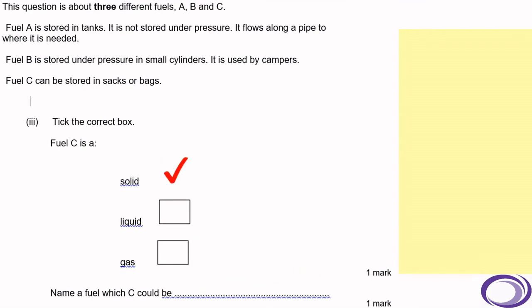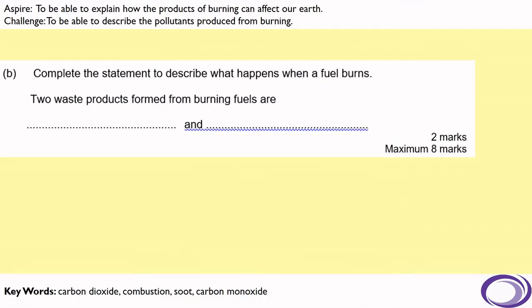Fuel C is a solid. Now you might have coal, you could also possibly have used wood. Coal, as this was mainly about fossil fuels, coal would be the most sensible of those answers. And the two waste products formed from burning are carbon dioxide